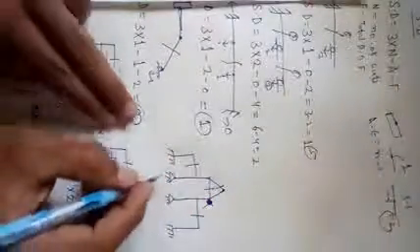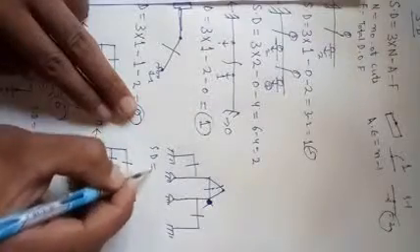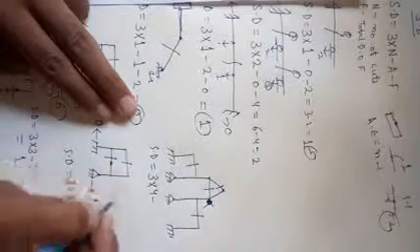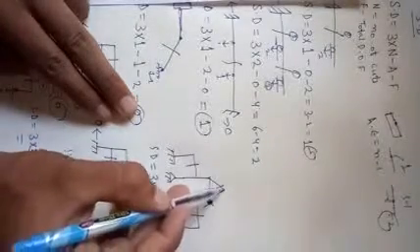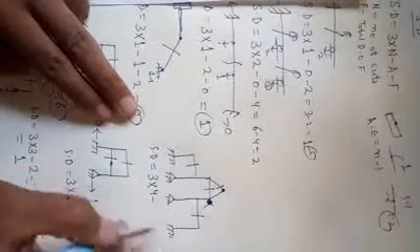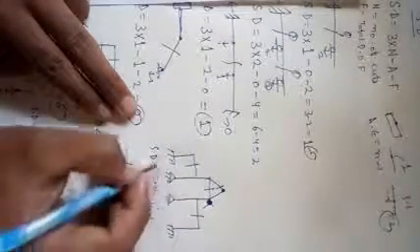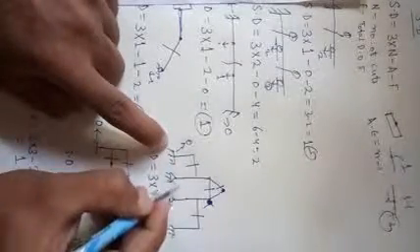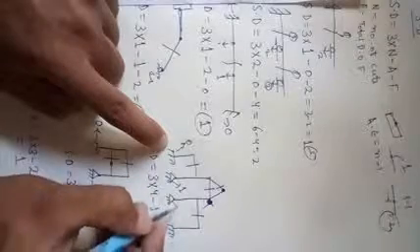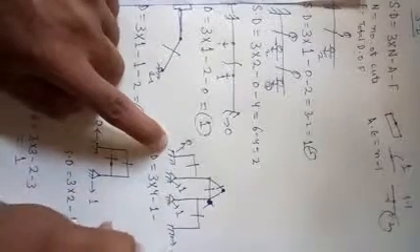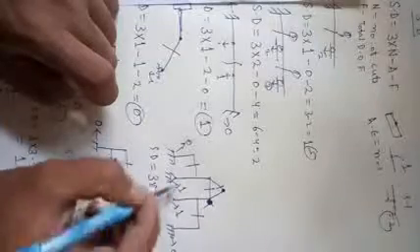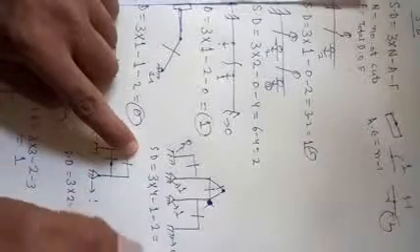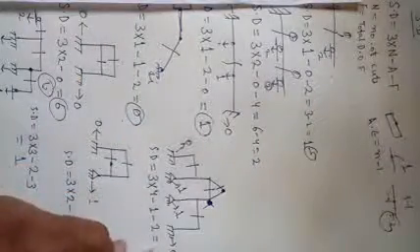All supports are separated. Now static determinacy is equal to 3 into number of cuts, 1 2 3 4. 4 cuts, minus additional equation. There will be one additional equation because there is a hinge, minus 1, minus total degree of freedom. For this degree of freedom is 0 because this is fixed. For this degree of freedom is 1, this is hinged. For this degree of freedom is 1, and for this 0. So total degree of freedom will be 2, minus 2, which is equal to 3. 12 minus 3, which is equal to